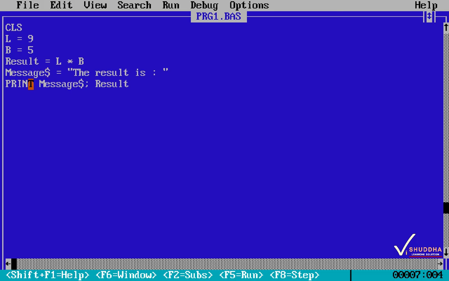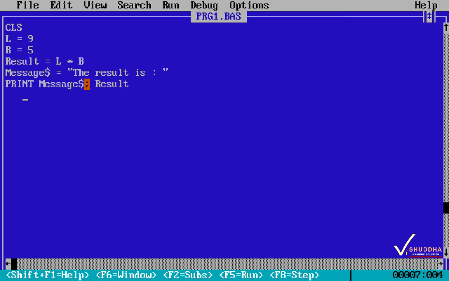Finally, in the last statement we have the print command, which is used to display the output on the output screen. After that we have the first name, that is message, and then a semicolon and then result. Result is the name of the memory location where the result of multiplication is stored. The semicolon is a separator or delimiter which separates multiple parts of the print statement.